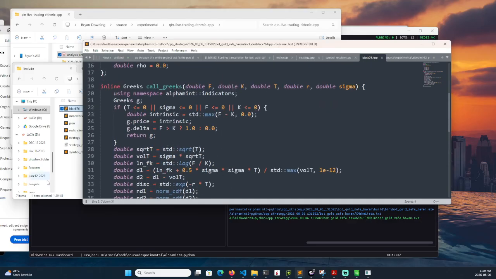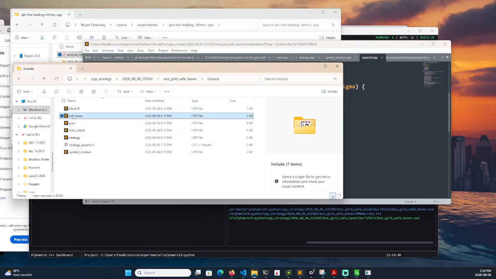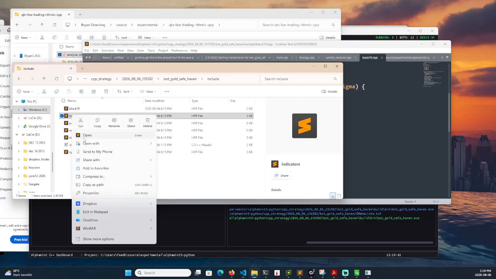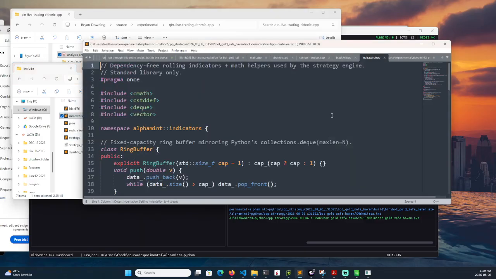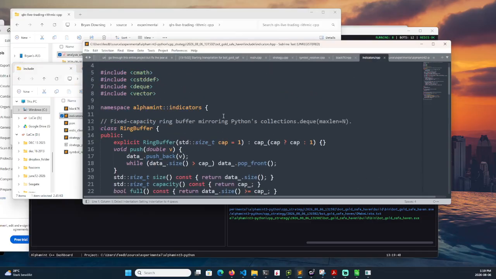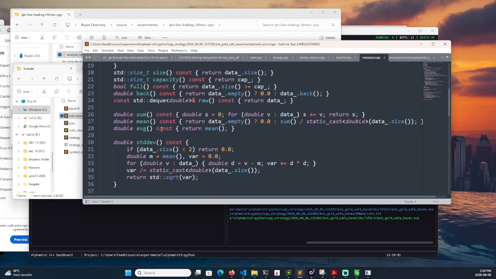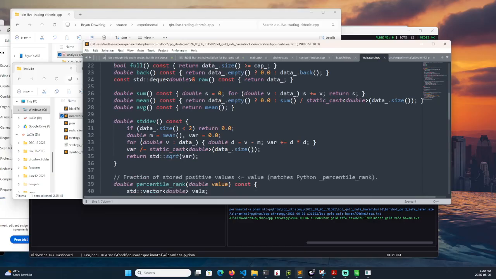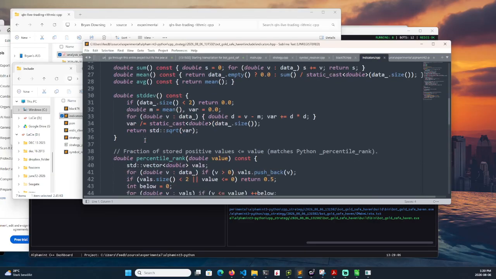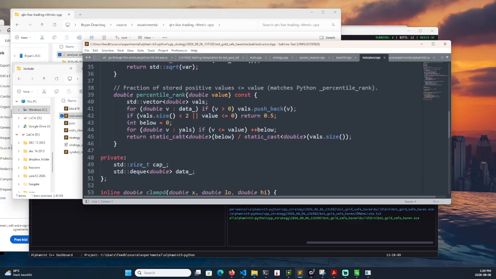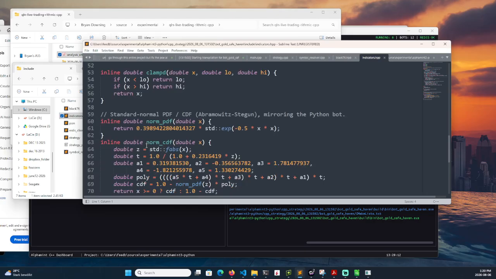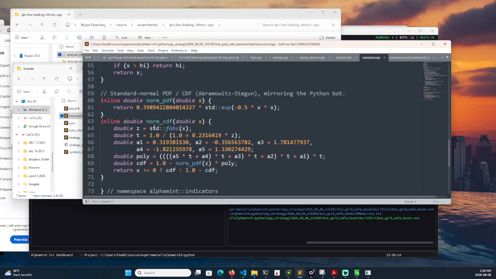Now, people may go, well, does it work? Good question. There's some other indicators as well. There's not really a lot of the quant formulas. I could make the prompt more complicated by using quant enabled if I wanted. So we have here the ring buffer, which is very important to make this more efficient in C++. And you can see here we have mean, average, summary, or percentile rank, whatever it needs, it generates it. Normalized PDF, normalized CDF,